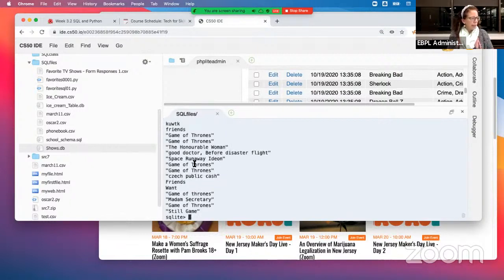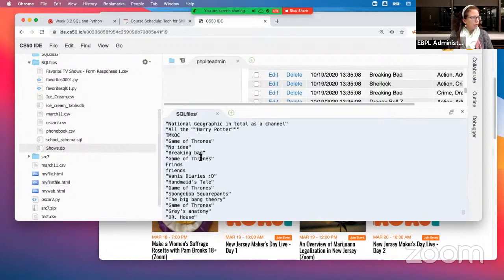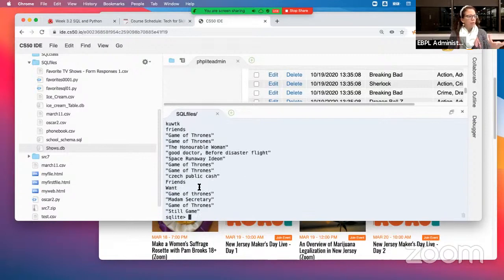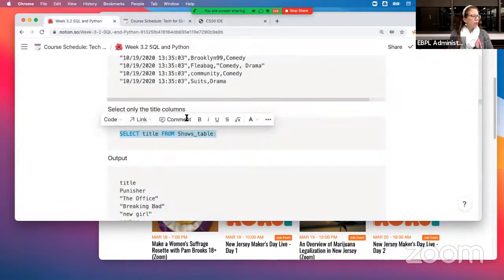So you can see here Game of Thrones. It looks like Game of Thrones is very popular. You can browse through The Office, The Big Bang Theory, but what is the most popular? That's what we need to find out. So the next code that we're gonna use,